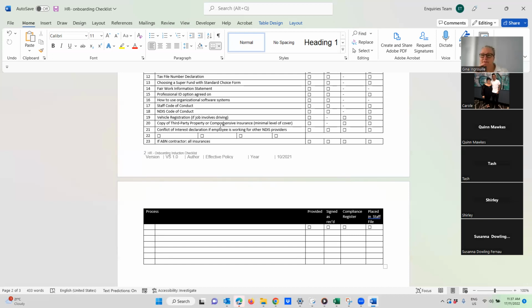They need to have workers' comp, I'm pretty sure, and third-party public liability. Is that right? They have to have public liability. They have to have professional indemnity. Professional indemnity. And they may be able to get their own workers' comp, but more often than not, they get something called accident and injury insurance. Right. Okay. Because once again, if they injure themselves, then they're not covered by your workers' comp because they're an ABN contractor.